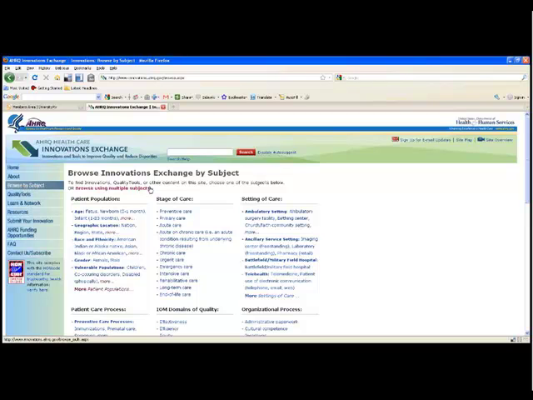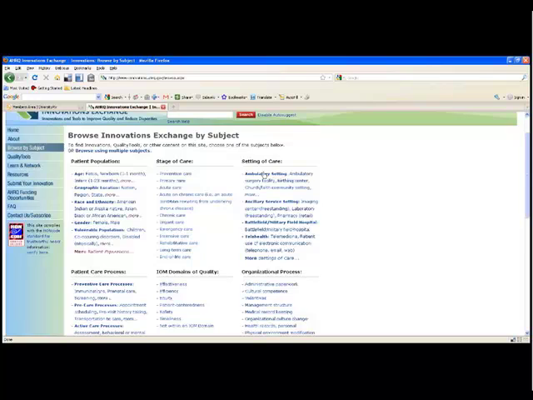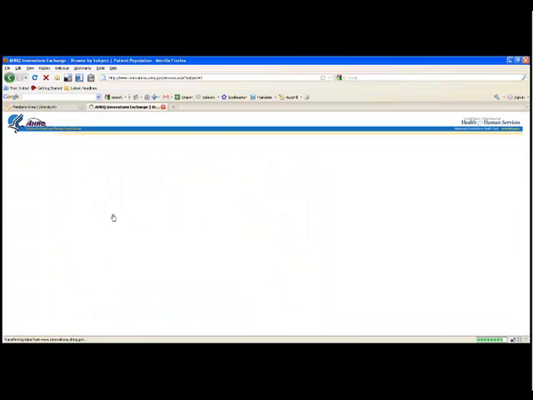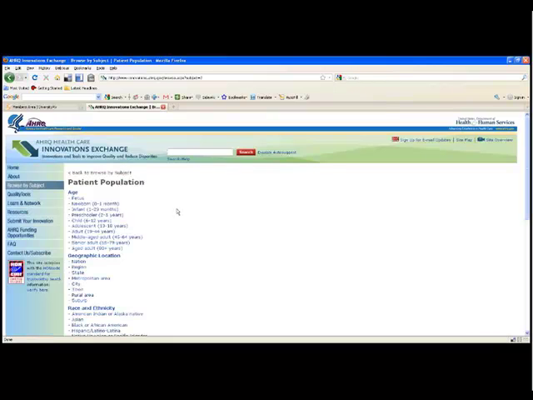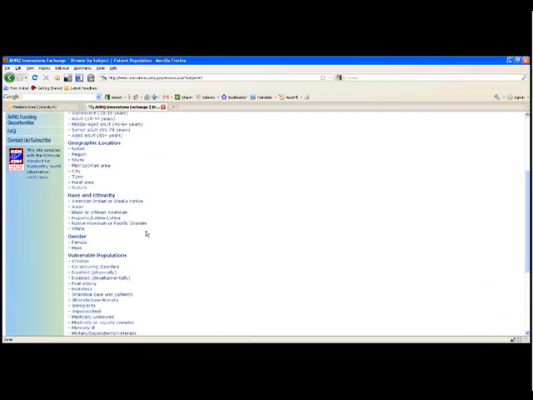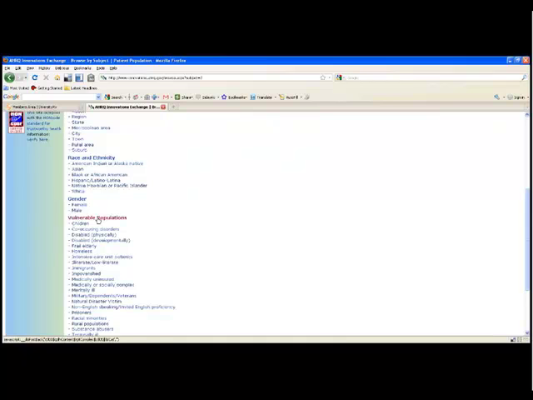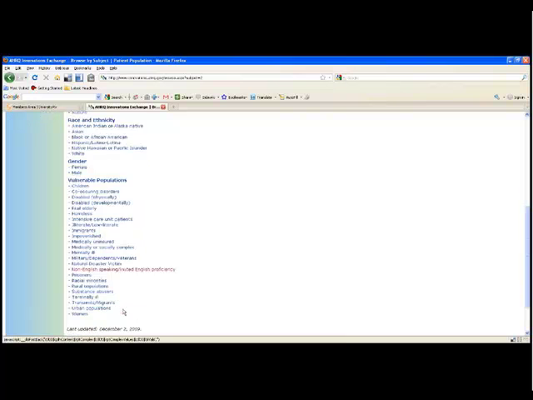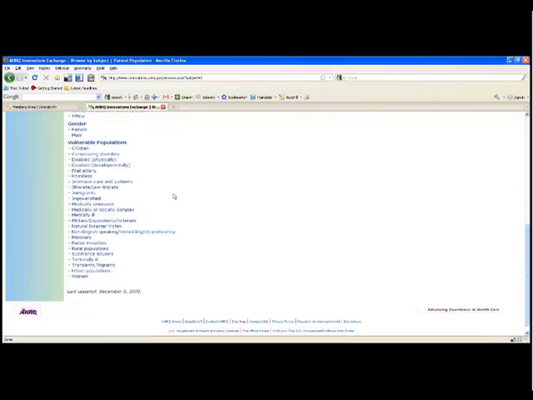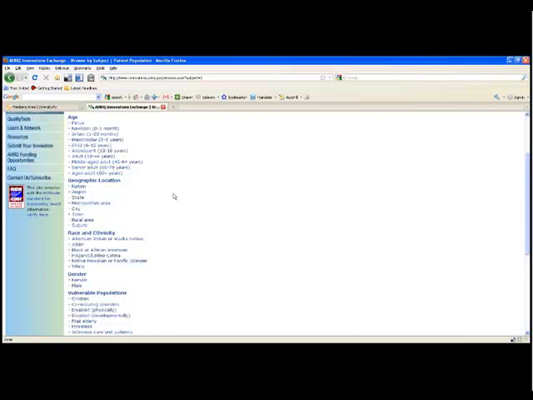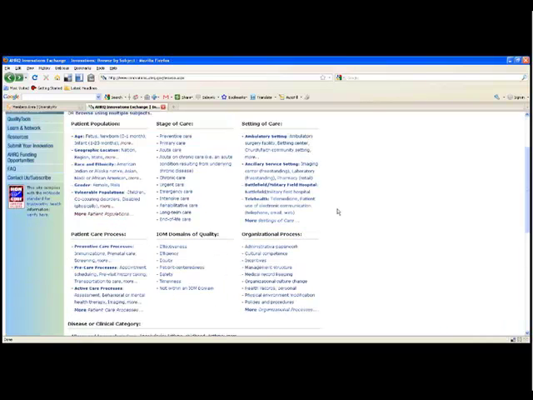So first of all, this is the Browse by Subject page, and I just want to point it out to you because you'll see the variety of different topics that this website covers. And what, of course, might be very relevant to us is looking for innovations by patient population. So you have here a category of race and ethnicity. You have another category of vulnerable populations, which includes illiterate, low-literate, impoverished, immigrants, non-English speaking or limited English proficiency, racial minorities, transients, and migrants. Well, you can see the whole list here, but as you can see, there's quite a number of different ways to find innovations on the target audience or subject you're looking for.